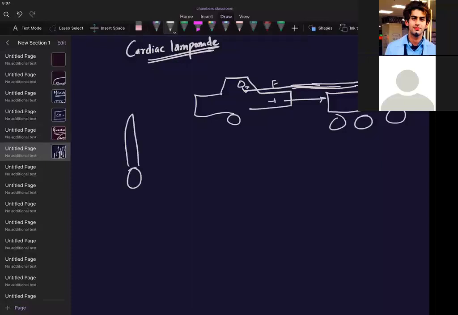What will happen? There will be a large amount of bleeding in the pericardial cavity. Massive pericardial effusion will happen. That will also lead to decreased end diastolic filling. That will be a dangerous situation. The stroke volume will not be there. There will be no stroke volume, or a much reduced stroke volume.